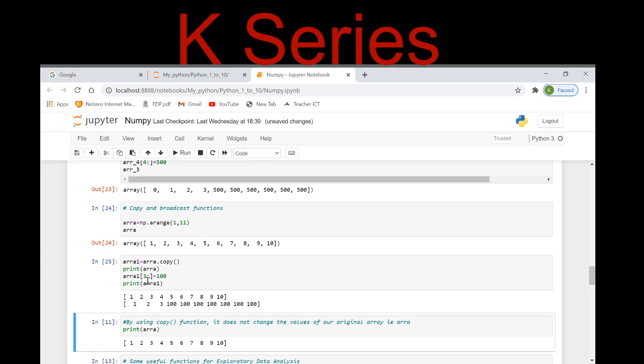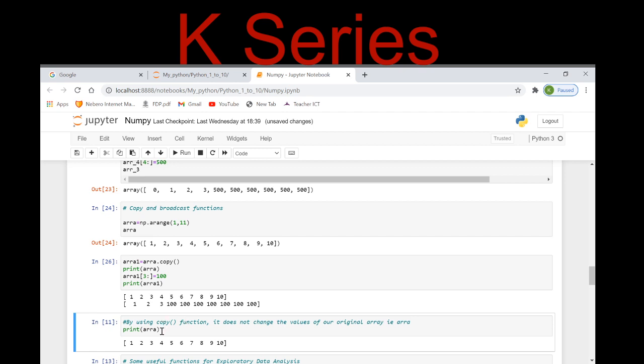Now if I change array 1, from the third index I am giving the 100 value, right? So what exactly is it showing me? It is showing me 100 values from the third index, or from the fourth index, right?